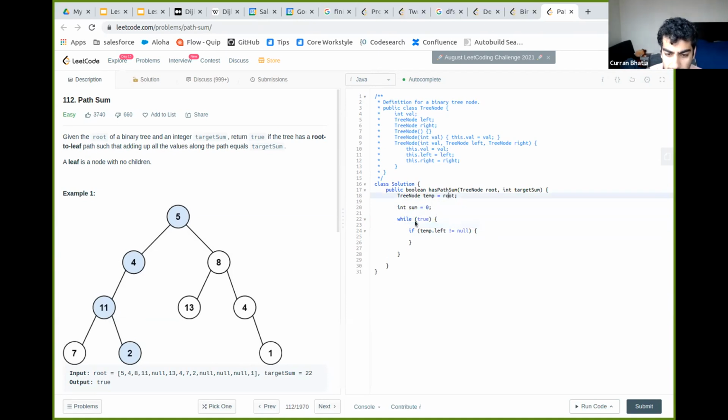Okay, something happened. All right. And then sum equals sum plus root dot val, right? Okay. So if temp dot left is not equal null, then temp should equal temp dot left.